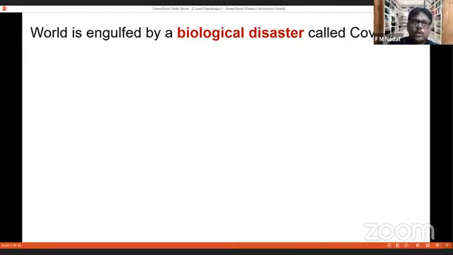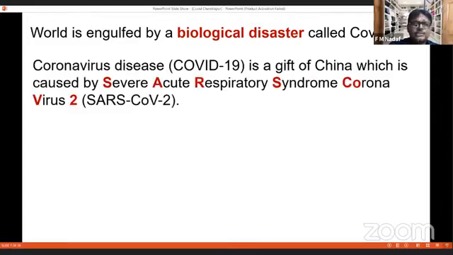The world is engulfed by the biological disaster. So presently, the disaster that we are facing is a biological disaster called COVID-19. So this is the gift of China to all of us. This is because of a virus called SARS-CoV-2. So SARS means a severe acute respiratory syndrome coronavirus 2. So that's how it is a short form called